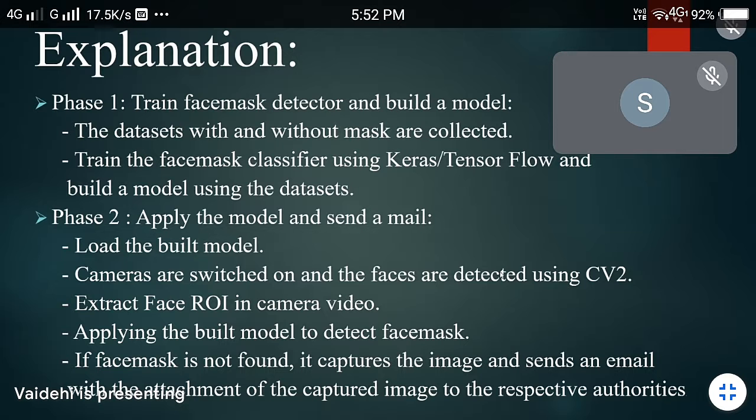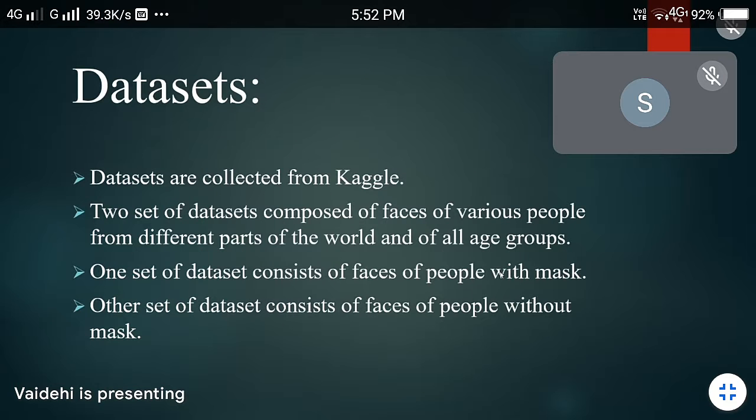Now, Janvi will explain the dataset. Thank you, Kunal. Datasets. Collection of two datasets, one with faces without masks and another with faces with masks, is done using Kaggle. Basically, Kaggle allows users to find and publish datasets, explore and build models in a web-based data science environment. After the collection of data, data pre-processing is done to extract only the useful information required